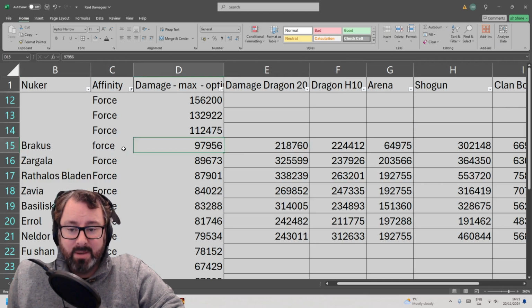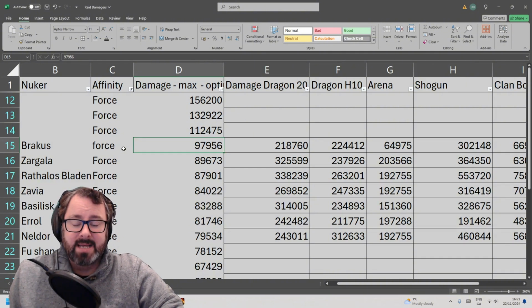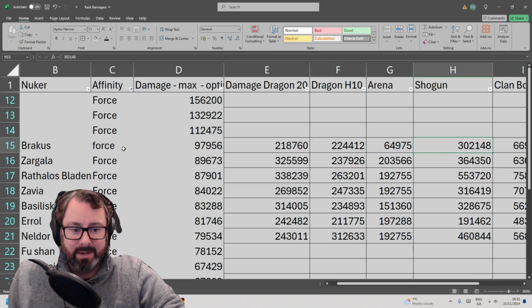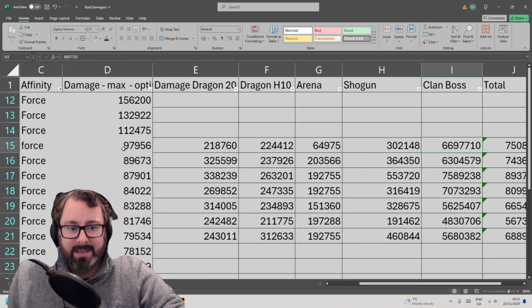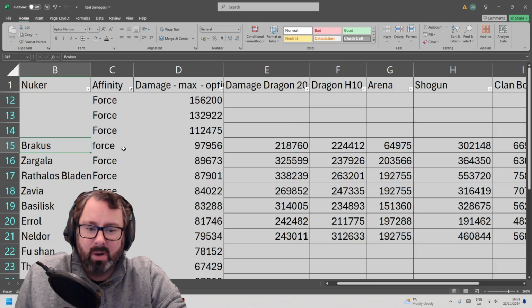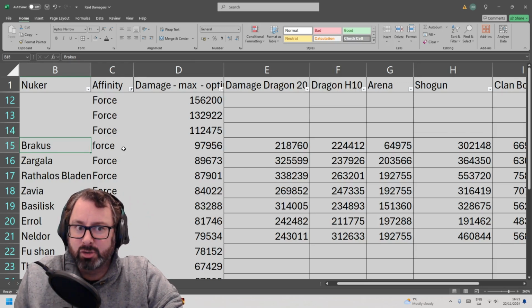But yeah, he came out in the optimizer with our 4th highest damage potential from the optimizer, and running through the test. Didn't perform well across the dungeons really at all, but pulled it out of the bag in Clan Boss to save his bacon. So yeah, that's been Brakus. Little bit disappointed. Probably would have been more impressed if he had just 1 more star on the...